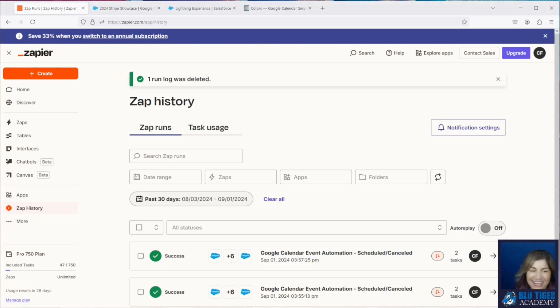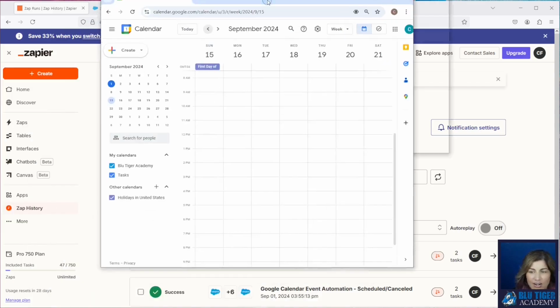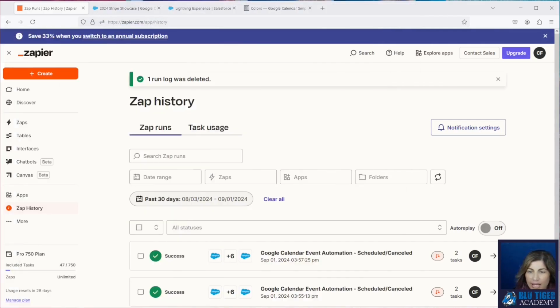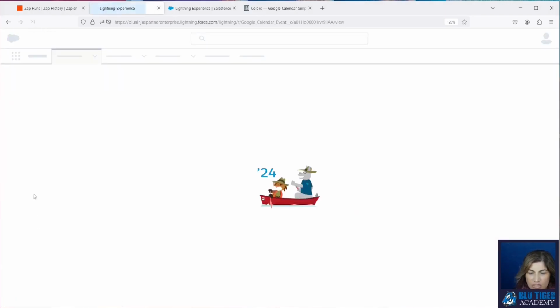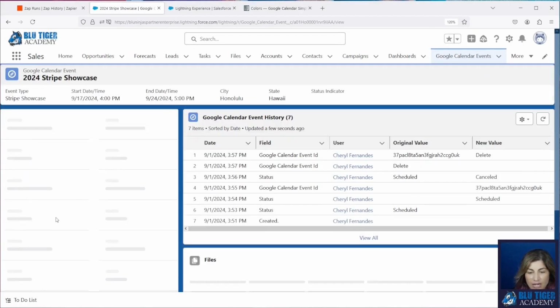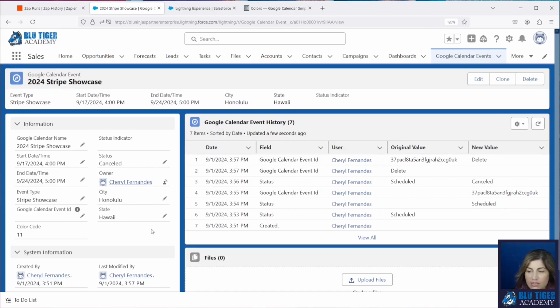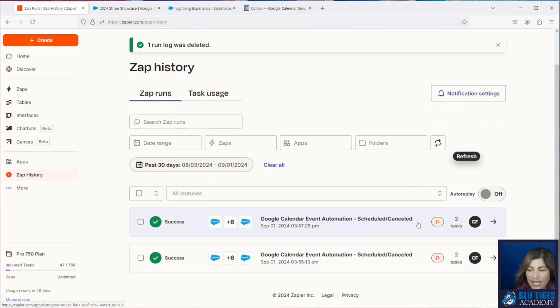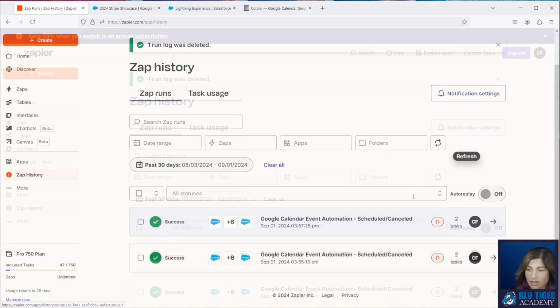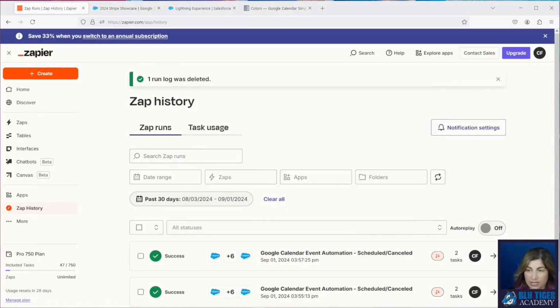Okay, it finally ran, and we can see that our event was removed from our Google Calendar. And then if we come back to our record in Salesforce, we should see that the Google Calendar event ID was wiped, and it was. So all that's running perfectly. That did cost 2 tasks. And yes, these tasks, when you're testing, count against your paid task limits that you have every month, which is a little annoying. All right, let's do option 2, because this option is so much more efficient for us in the long run.